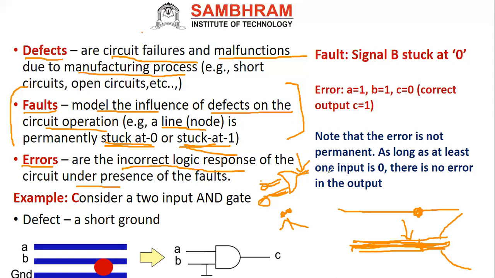Normally, when you do the simulation, what will happen? You might have written the program. So what happens when you give the input as 0, 0 for an AND gate? If it is giving us output as 1, then that is an error actually. So that is the error in this sense.